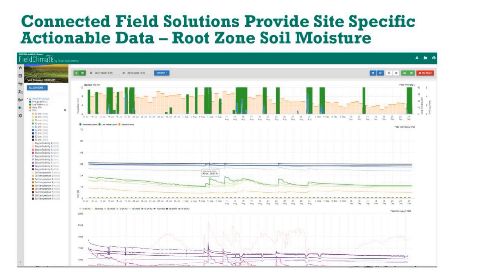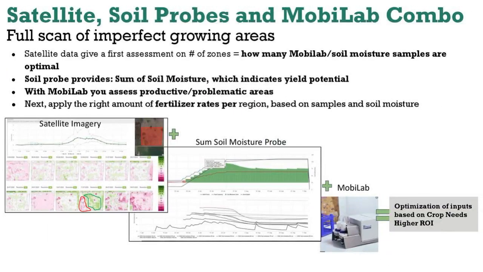But the key is really it needs to be put into a tool set that makes it easy for somebody to understand. So today it's about holistically combining a lot of different sets of information. So we have satellite imagery that's available for the location, and we're looking at the Discovery Farm here. Why is there differences in leaf area index or NDVI in that field? Is it because there's a difference in soil moisture within that field, as we saw, or is it something that has to deal with nutrition in the field?